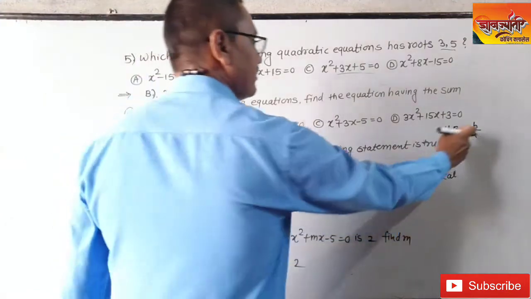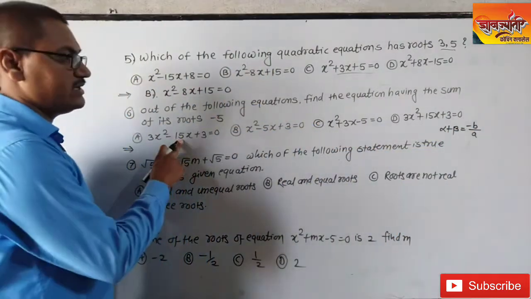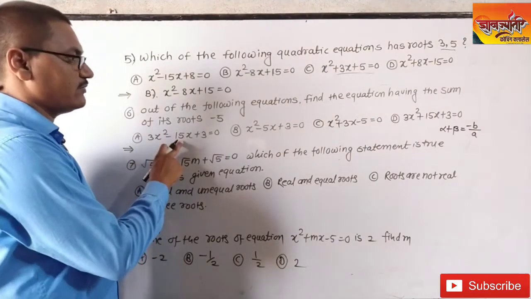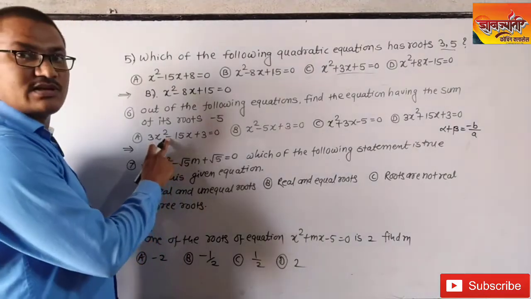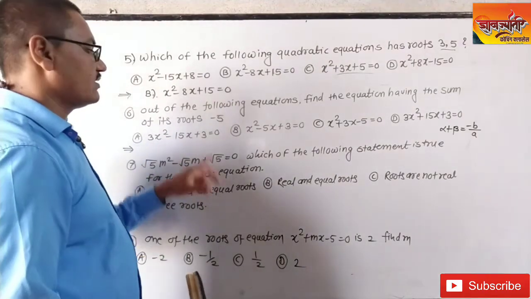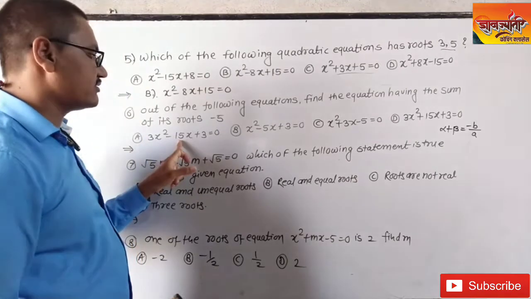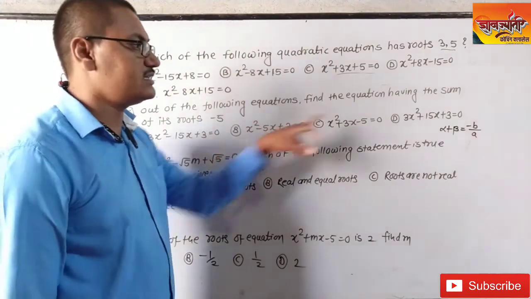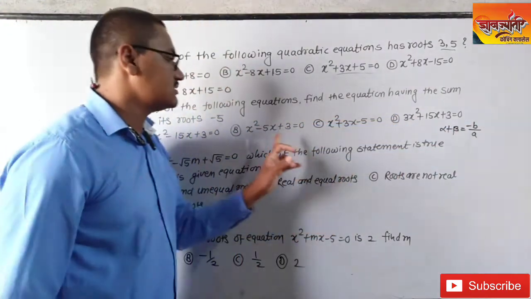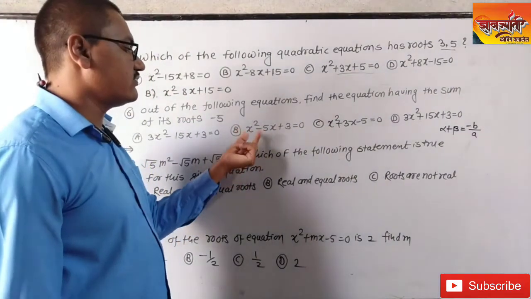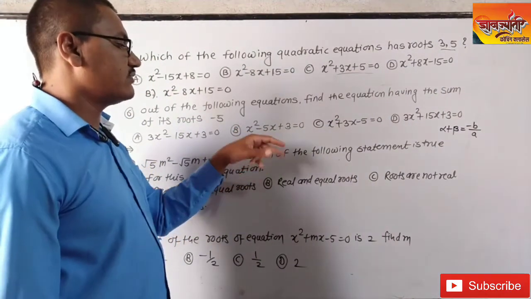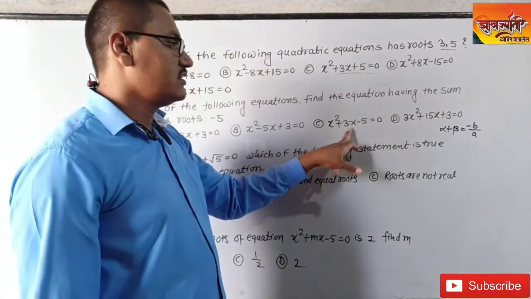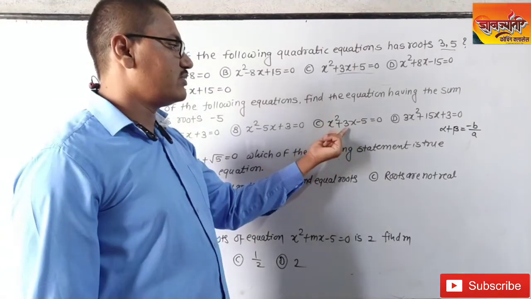Take the value of minus b. In the first option, minus 15 upon a, which is 3, we get minus 5. But with the sign, we get plus 5, so alpha plus beta in this equation is plus 5. In the required equation, the value of b is minus 5, and with the given sign we get minus, so alpha plus beta is equal to minus 5. In the third equation, the value of b is plus 3,